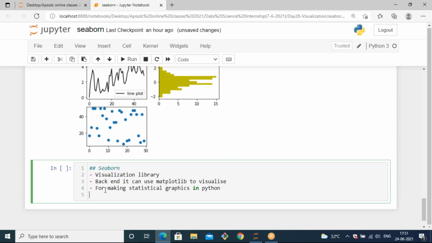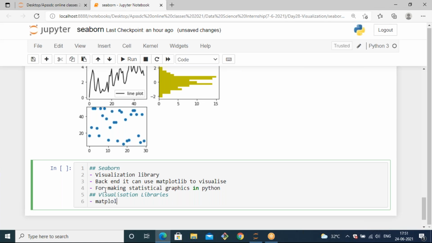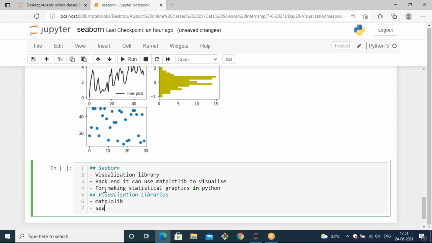You might have already seen some visualization tools. What are the tools you have seen to visualize plots? Visualization libraries we have, like Matplotlib, and the second one is Seaborn, and we have some other libraries also.